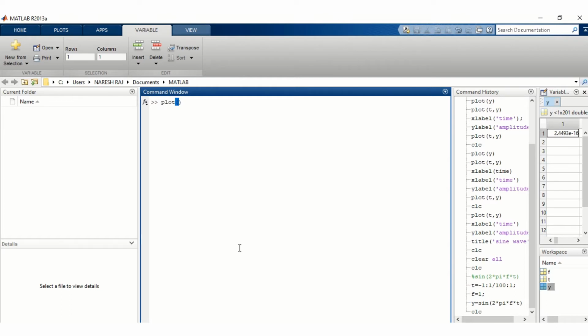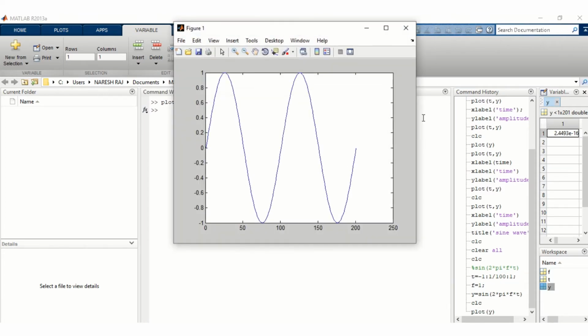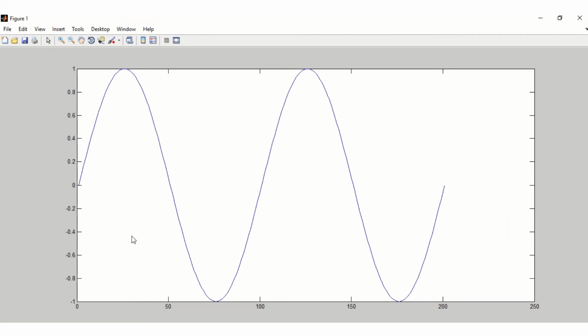Now we are plotting the sine wave: plot y, because we assigned the value of the sine wave in y. Here we are seeing that the figure of the sine wave is represented, and here we didn't assign the value to the x-axis, so this is represented in half the area.